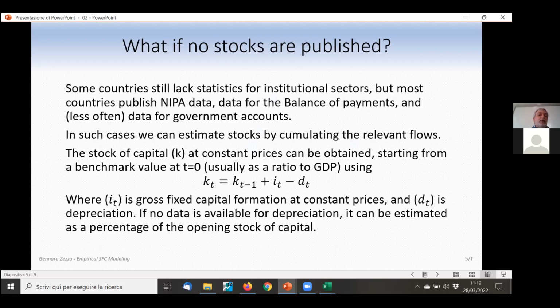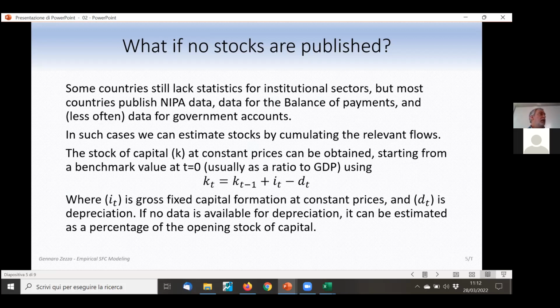And the other problem is that, as I implicitly told you in my previous slides, we want to separate the measurement of stocks in some constant price terms from the stocks at current values. So we also need to understand, if we have the data, how these data are measured. And sometimes, especially for developing countries, you don't have data at all. So if you don't have data for the stocks, and this is common for the stock of capital, you need